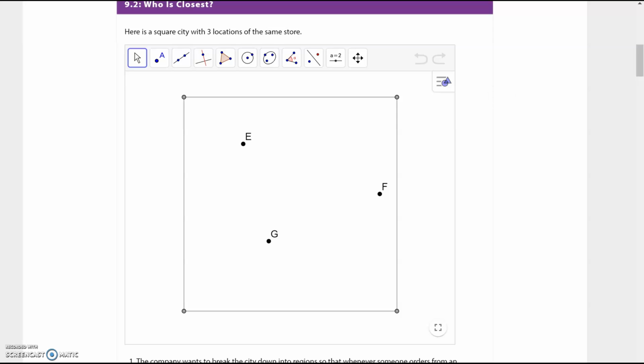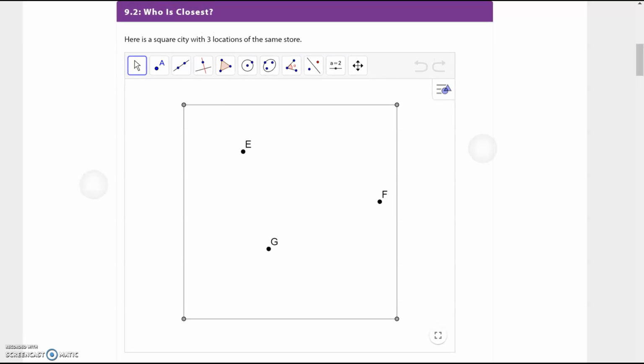In the beginning there, we did a little what do you notice, what do you wonder, and we talked about points in a space and the space being divided up, and some guesses that we could make about that space. So now what we're going to do, we have a city here, is this square, and we have